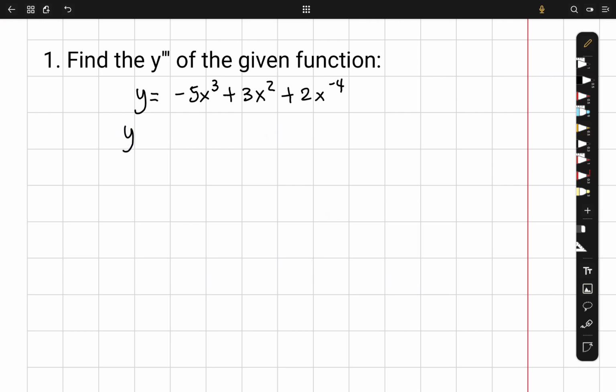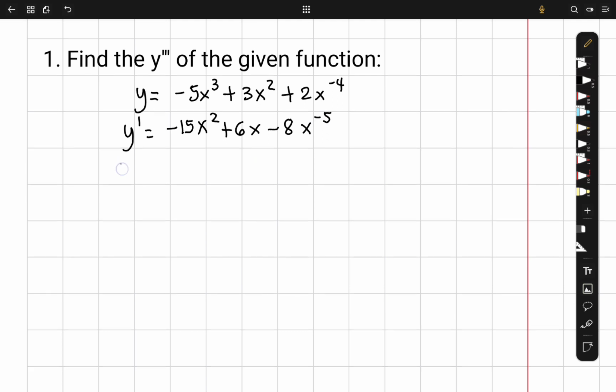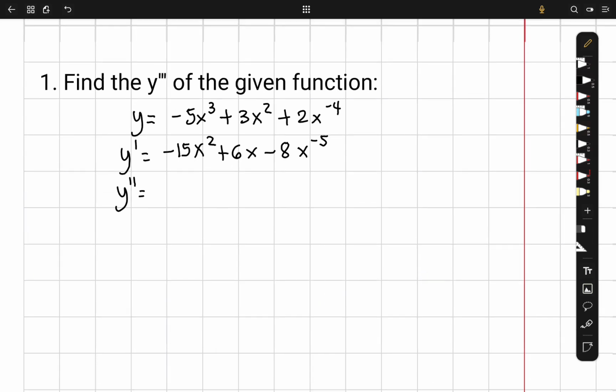So, yung first derivative, that is y prime, is equal to, yung derivative na negative 5x raised to 3, that is negative 15x squared. Derivative ng 3x squared, that is 6x. Derivative ng 2x raised to negative 4, that is negative 8x raised to negative 5. And then, after nyan, kunin natin yung second derivative. So, second derivative ng mismong equation natin sa first derivative. So, derivative ng negative 15x squared, that is negative